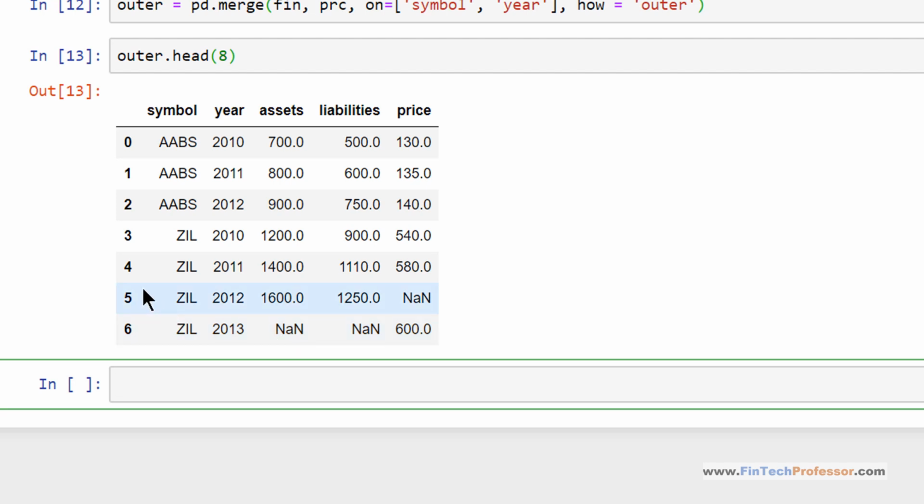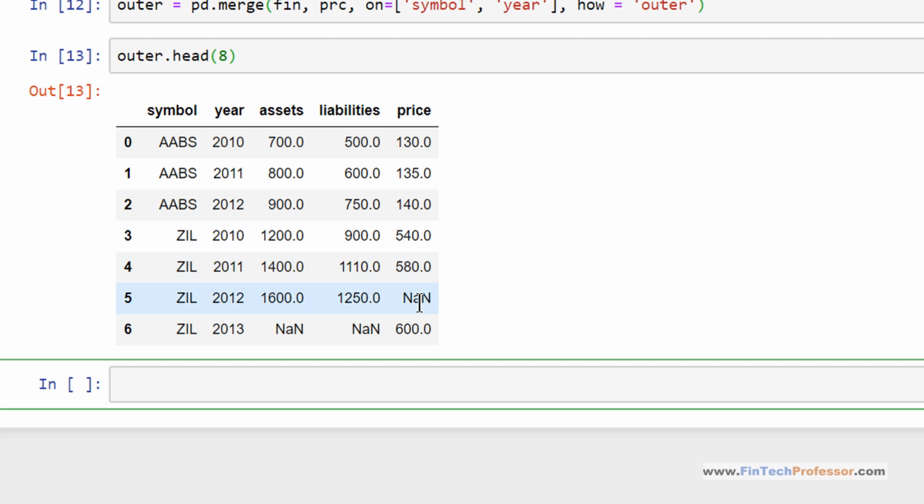Entries which were present in both the data sets have been merged and they look on one row. The 2012 entry was available in the financial data, but it was not available in the share prices data.